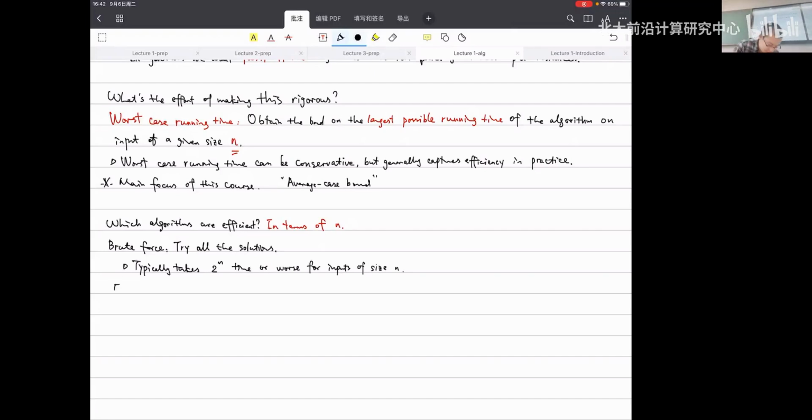So let's take a look at the stable matching problem. As we mentioned for the Gale-Shapley algorithm, the while loop only runs for n squared iterations. But of course, one thing you can do is say, okay, I don't know Gale and I don't know Shapley, I just try all of the things. There are n students and n schools. The worst thing, you just brutally check all matchings between students and schools.